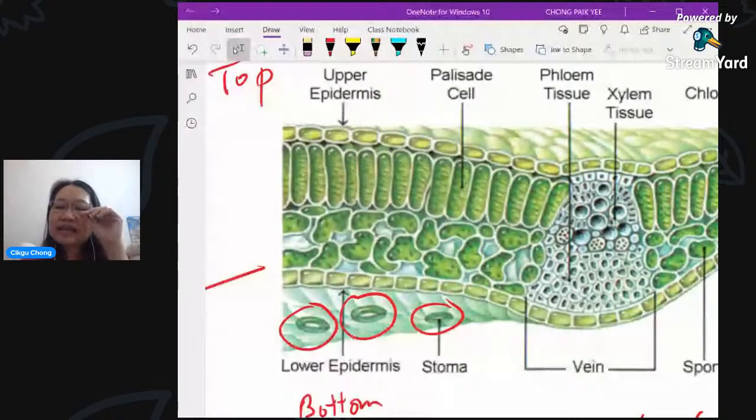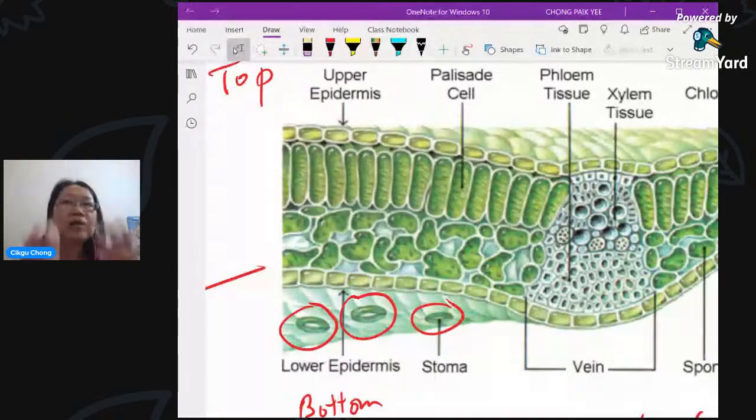Sunlight. Yes, I see the keyword there. The top side of the leaf is always exposed to sunlight, isn't it? And when you get more sunlight, it makes the stoma open bigger. The guard cell is the one controlling. Afterwards, I'll show you how it controls. So when it opens more because of the higher light intensity, you have a bigger pore. When the stoma is bigger, more water can escape. When more water can escape, the plant will lose water very fast. That means transpiration rate is very high.